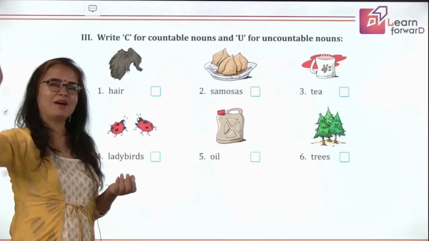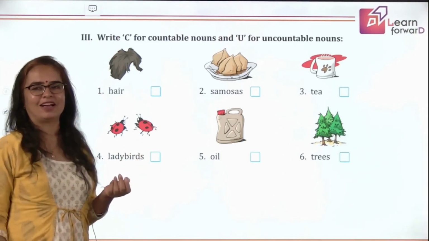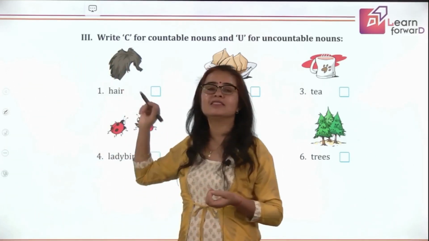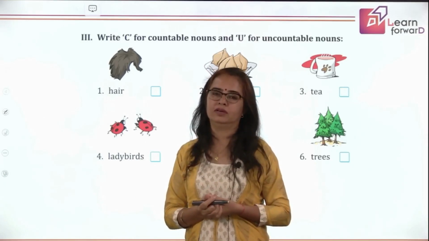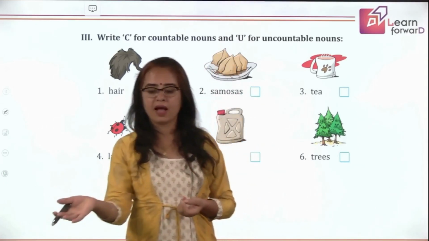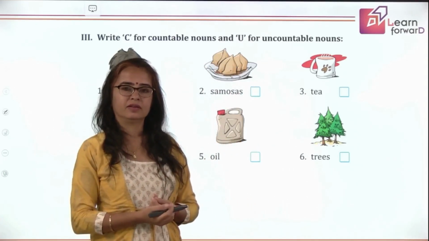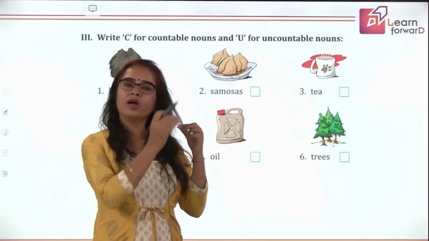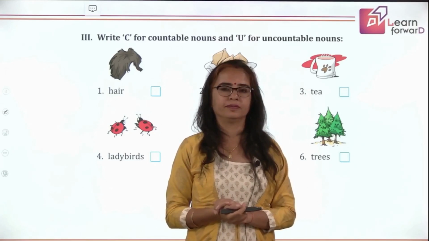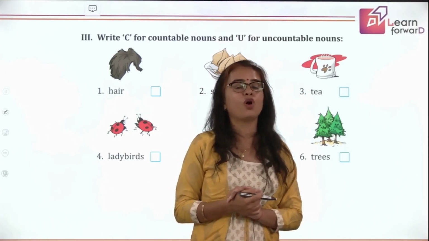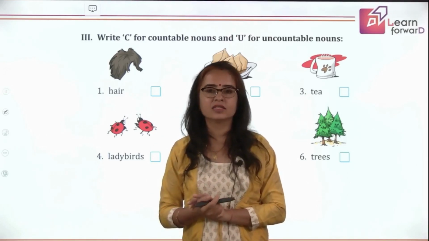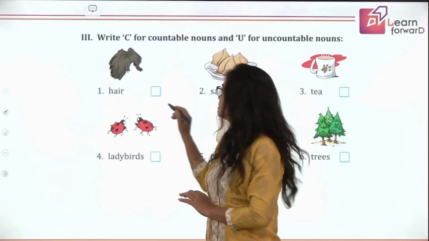Doubt again. Some are saying we can count, some are saying we cannot count. So let's try to understand this. See, here is a countable noun. Why is it countable? Because what you see on the table, I can see 5 here. So if you just pluck your hair, start plucking, it is just like star and stars also, right? So if you talk about star and you are saying stars, so what you see is star is